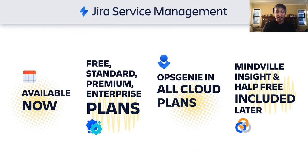Jira Service Management is the next generation of our Jira Service Desk product and includes a lot more functionality for IT service management teams. It's available now and available in free, standard, enterprise, and premium plans. Importantly, it includes Opsgenie capabilities in all of those plans in our cloud deployment options. And we're also announcing that Mindville Insight and the free plan of Halp will be included in Jira Service Management at a later date. Let me dive in and give you a little bit of context on why we think